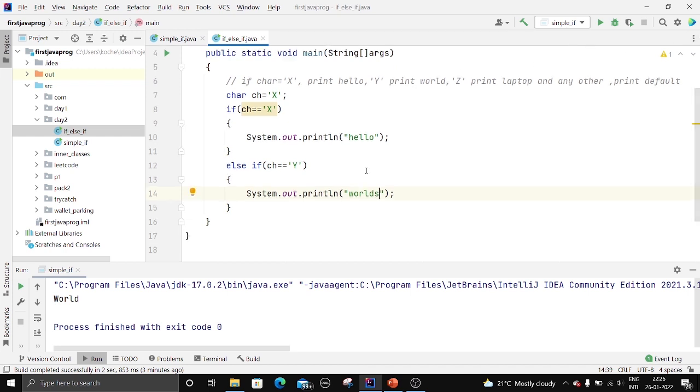So when we are having multiple conditions, we need to use else, and we need to put if,